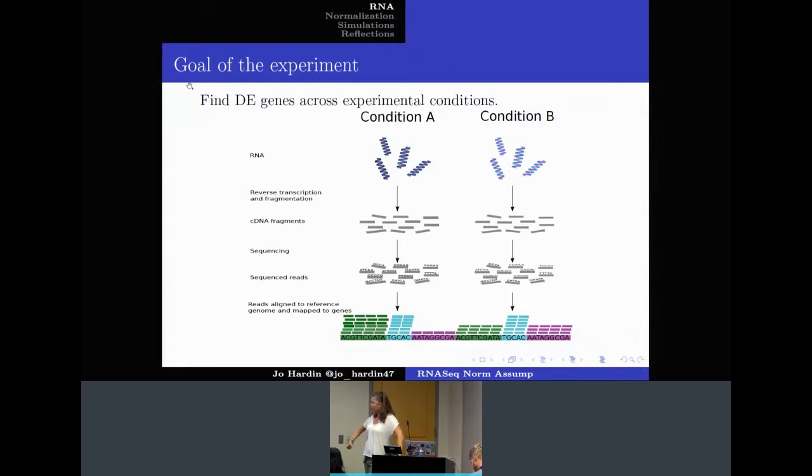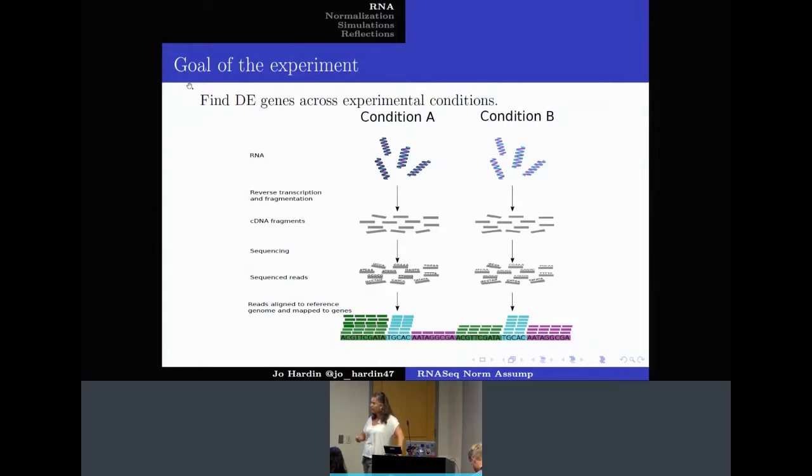And we want to be able to compare the genes across two conditions. So I'm going to be talking about normalization, and I'm going to be doing it within the context of this two-sample comparison, condition A and condition B. But really the things I'm talking about are relevant for whatever sort of experimental design you have and whatever kind of research questions. But just to make it more straightforward, I'll talk about this two-sample comparison, condition A versus condition B. And we're interested in